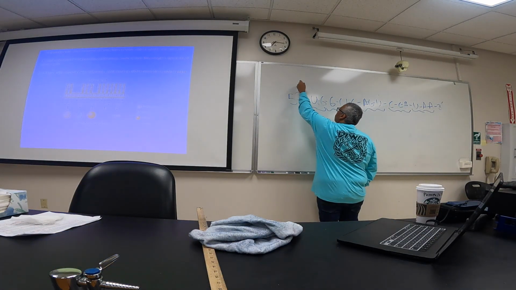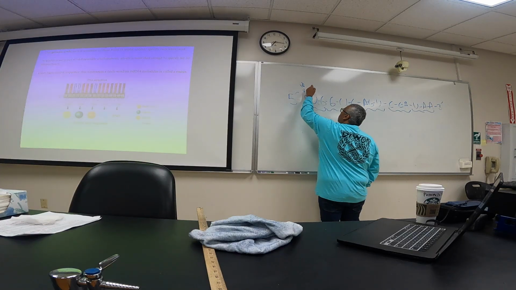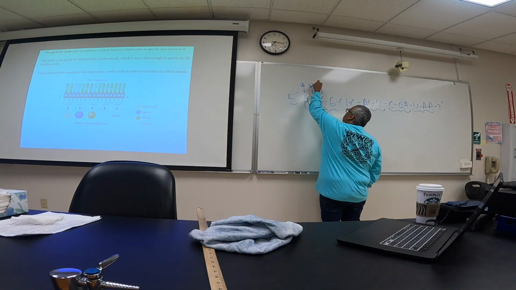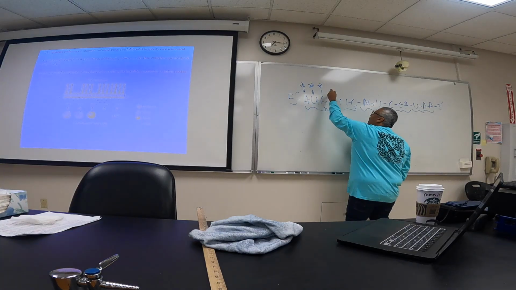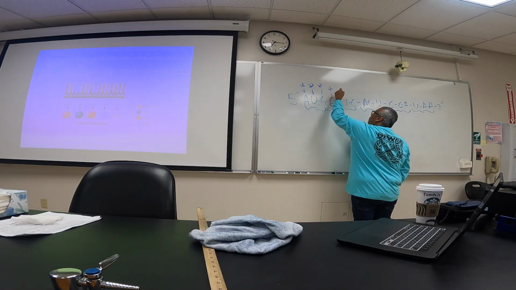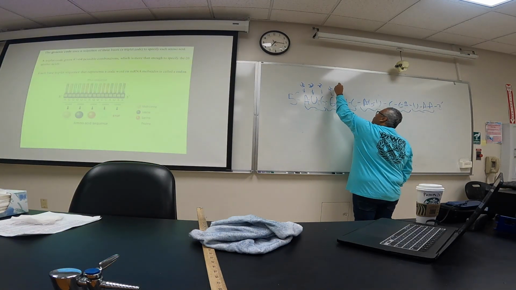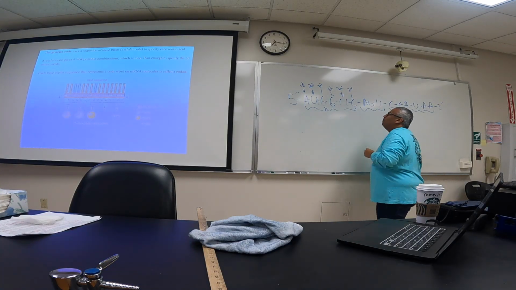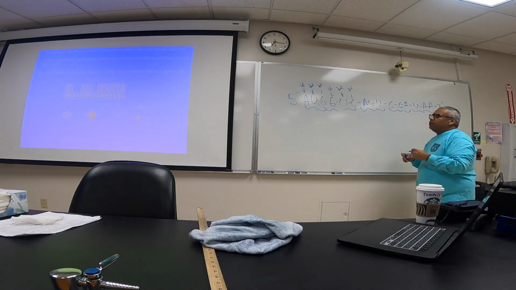So we can consider this one here. This one is the first base. This one is the second base. This one is the third base. And then it just repeats itself. This one is the first base. This one is the second base. This one is the third base, right? First, second, third, first, second, third. So every 3 of these